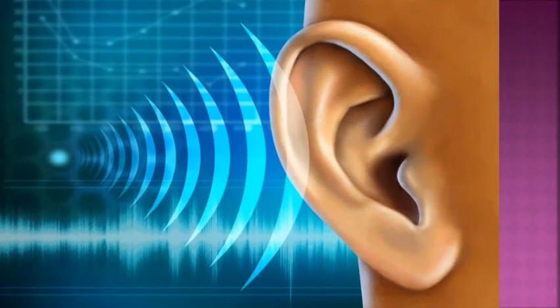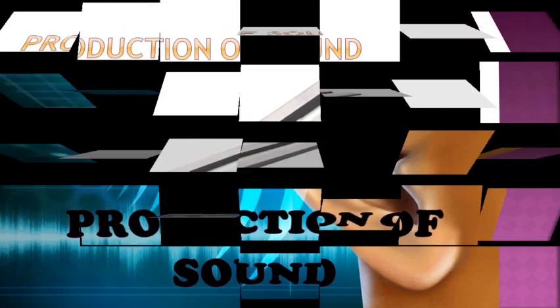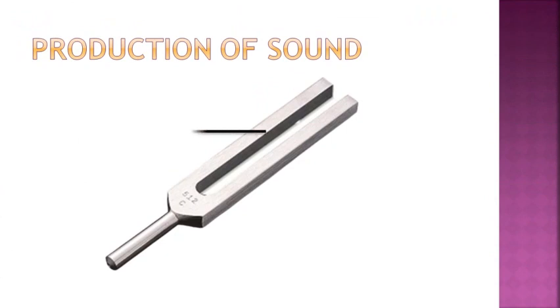So in this chapter, the first concept we are going to learn about is production of sound. We will see how the production of sound takes place. First, student, we have learned that sound can be generated from a vibrating object. So here on the screen we have an example of a tuning fork. We will now learn how sound is produced due to such vibration, and you can clearly see a picture of a tuning fork on the screen.